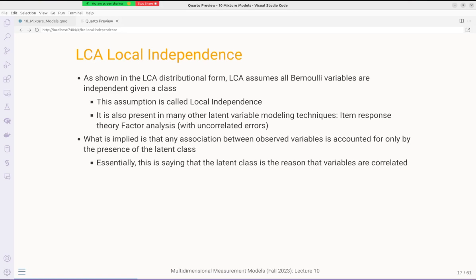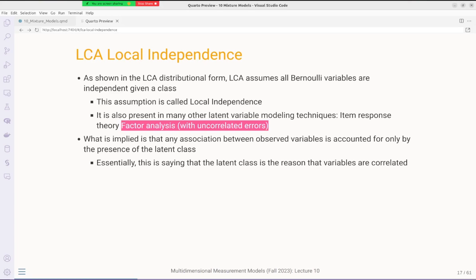Another way that we talk about it, in factor analysis and in IRT, but in factor analysis it is a little bit easier, because in factor analysis you can violate local independence by easily adding model parameters. You can do the same in IRT, but IRT makes it a little bit more difficult. But basically, when we say we have local independence in a factor analysis or an IRT model,